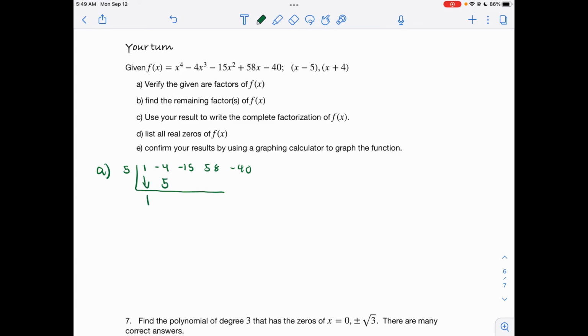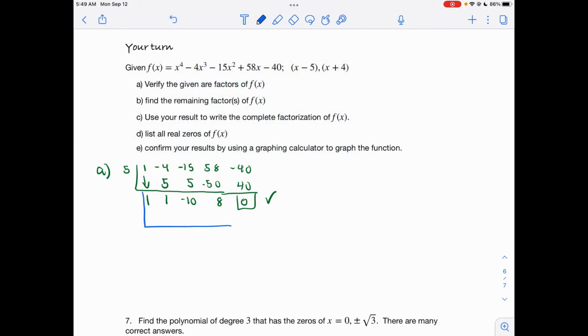1 times 5 is 5. That gives me a 1, 5, negative 10. That gives me a negative 50. That gives me 8. 8 times 5 is 40. And so a remainder of 0. Verified. And then I'm going to continue on with this same dividing sign here to keep breaking it down to